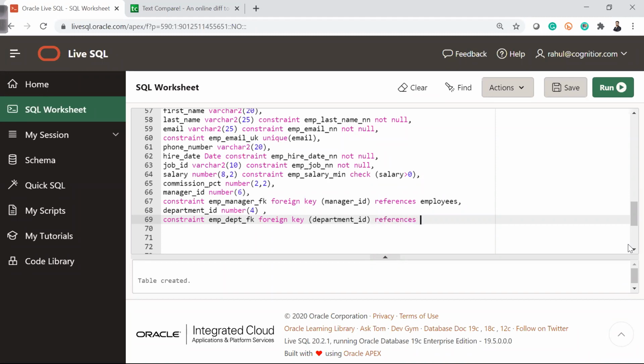Normally that is what we do in most of the tables, but this one is the exception which we will discuss soon. Departments table, and bracket close.